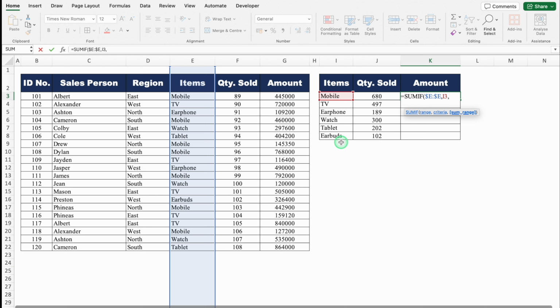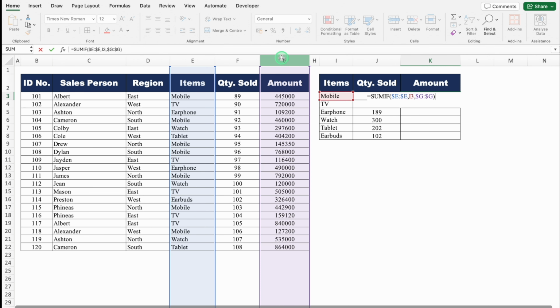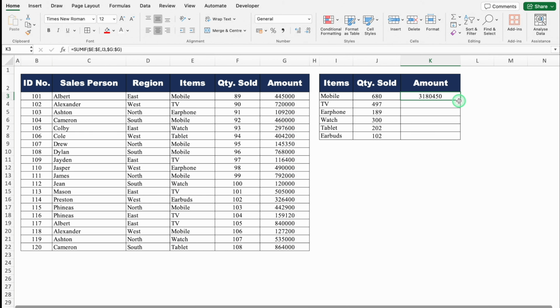This time we want amount, so we will select amount from top. We'll press F4 or function F4 just one time. We'll close the bracket and we'll hit enter. And we got the amount. We'll drag this down. Let's move to next example, and that is